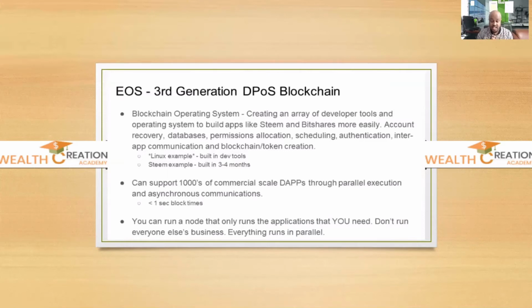Like I said, EOS blockchain is very similar to our new blockchain, because the developer took the code from EOS, then adapted it to what we have in our new economic evolution of the world, for our blockchain. Okay, so EOS is like a 3rd generation delegated proof of stake blockchain. It was the first to adopt this kind of model.